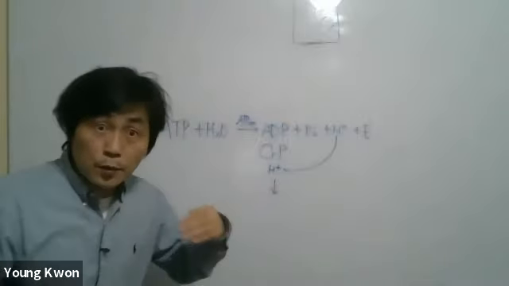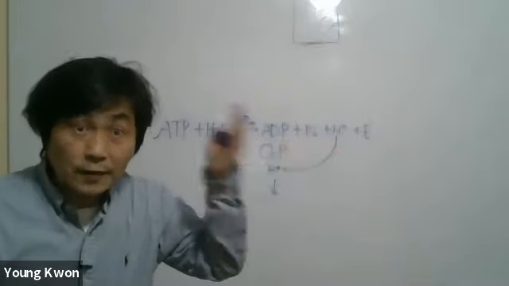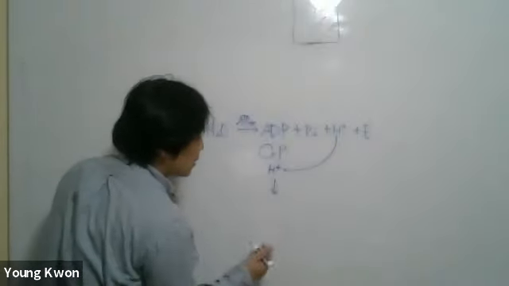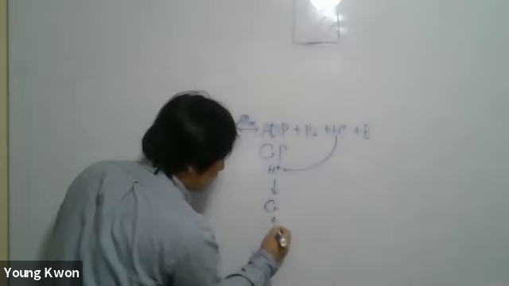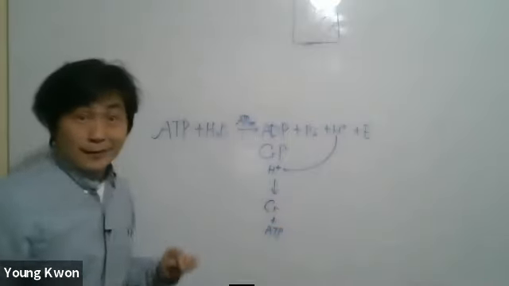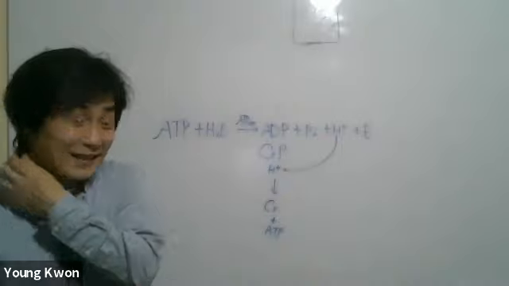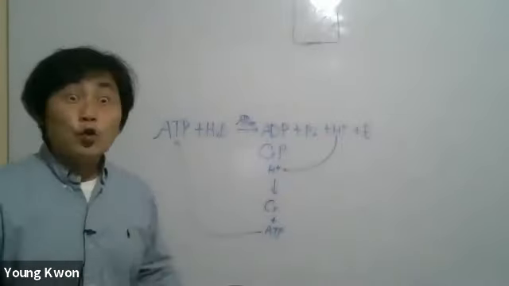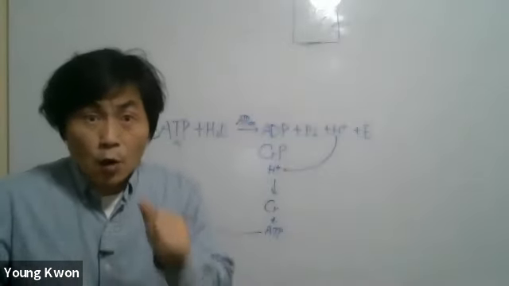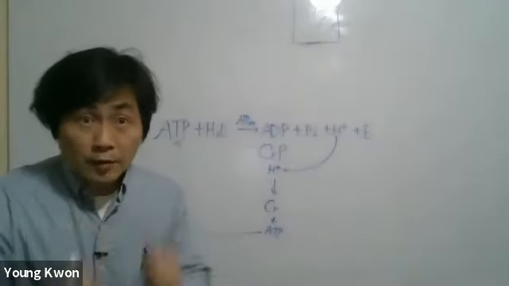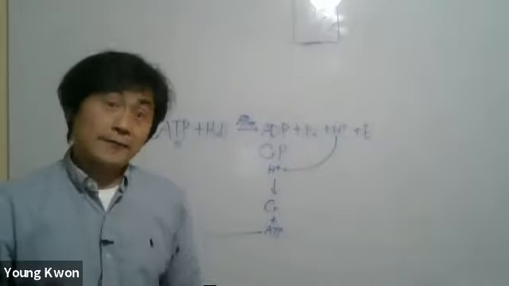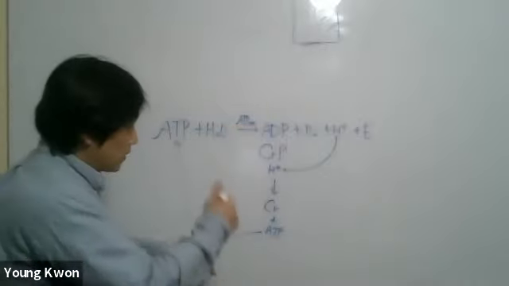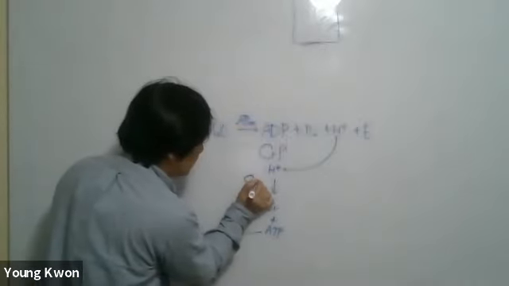If you couldn't understand, please go to the creatine kinase reaction video and watch it again. This becomes substrate and it becomes creatine and ATP. So we can resynthesize ATP. During high intense exercise, 100 meter dash, 200 meter dash, 400 meter dash, creatine phosphate is important. So it's like this, and the enzyme is creatine kinase.